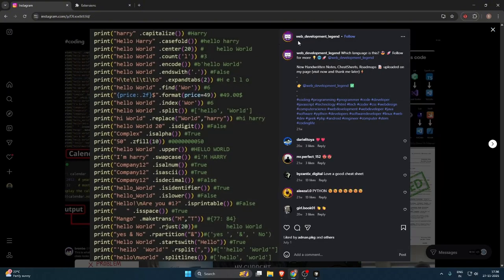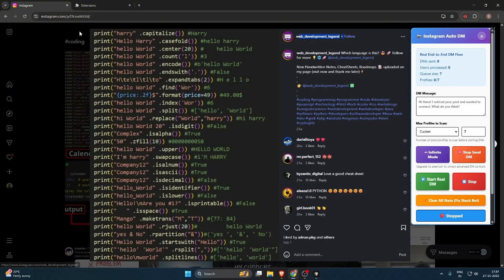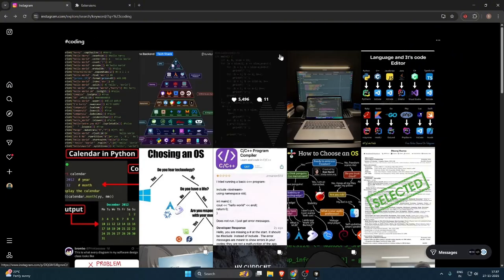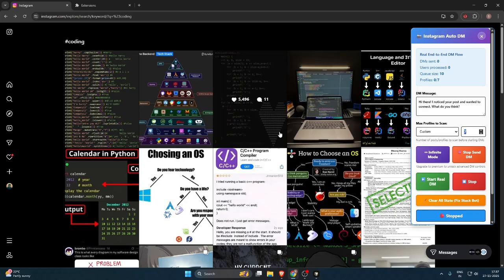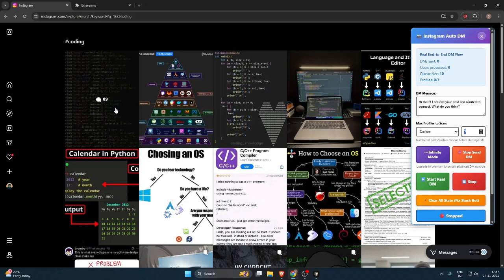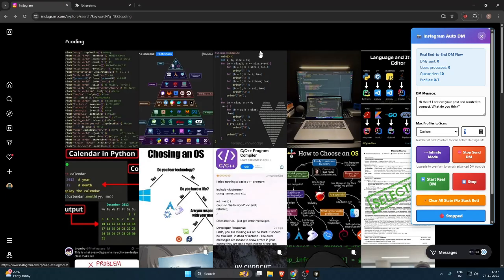goes through the various posts, it collects the usernames and stores them in temporary memory. Then after it goes through a select number of posts, for example 5, 4, 10, or even a custom number that you desire, it will stop going through the remaining posts and automatically start sending DMs to the users of the posts it